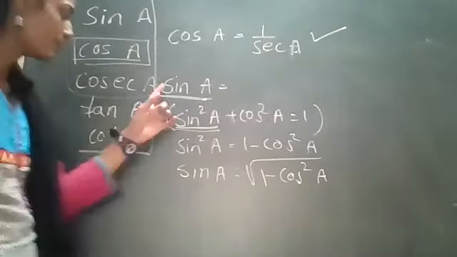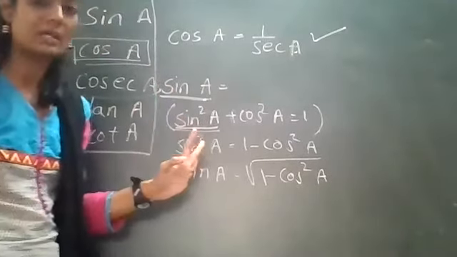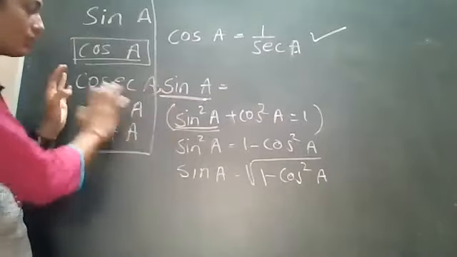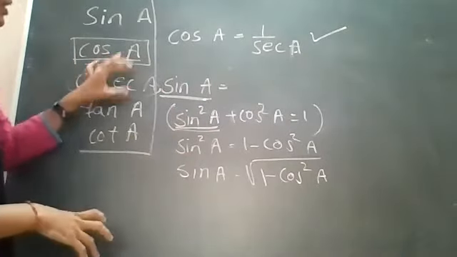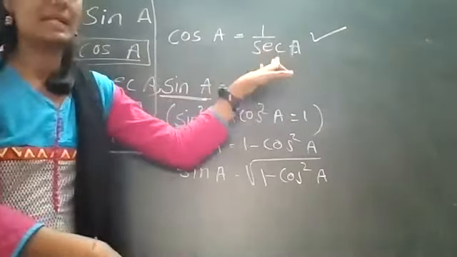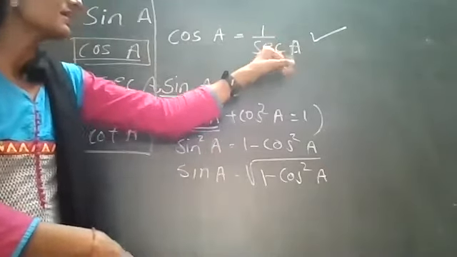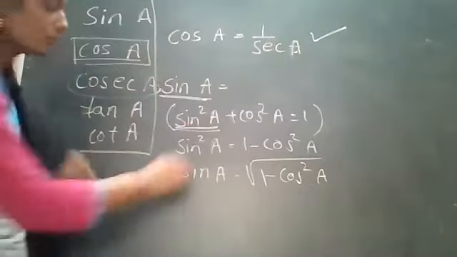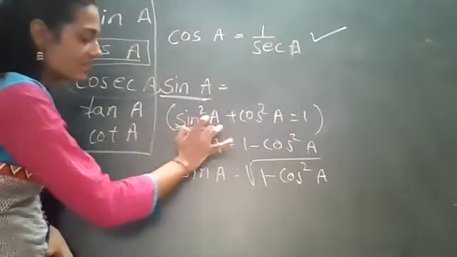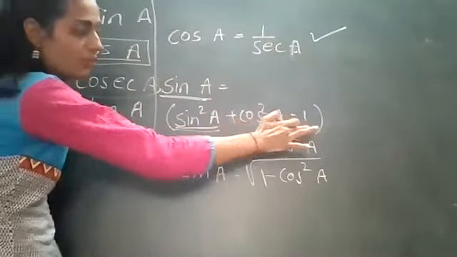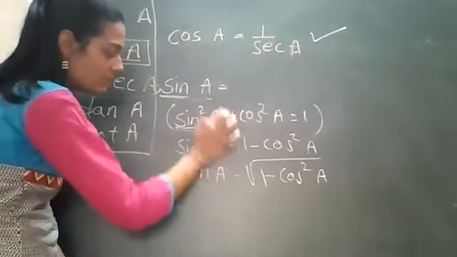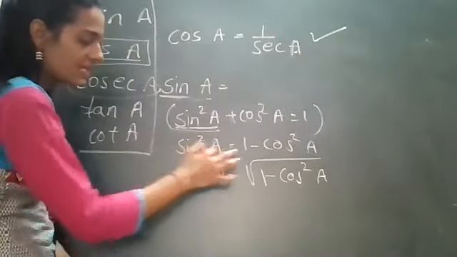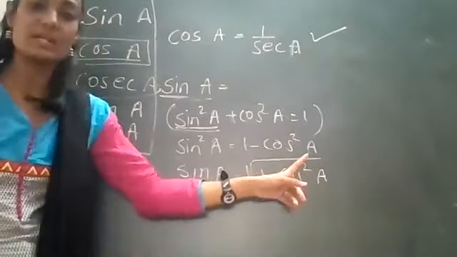Again I am repeating. Chalo. Sin A we have to find out. But we don't want cos, cosec we don't want, right? So we are not using that. We want to convert it into sec theta. If we want sec theta, we have to convert into cos. So how will we get cos? So by these identities, that is sin square A plus cos square A is equal to 1, to remove this or to make it the subject, what are we getting? Sin square A is equal to 1 minus cos square A.